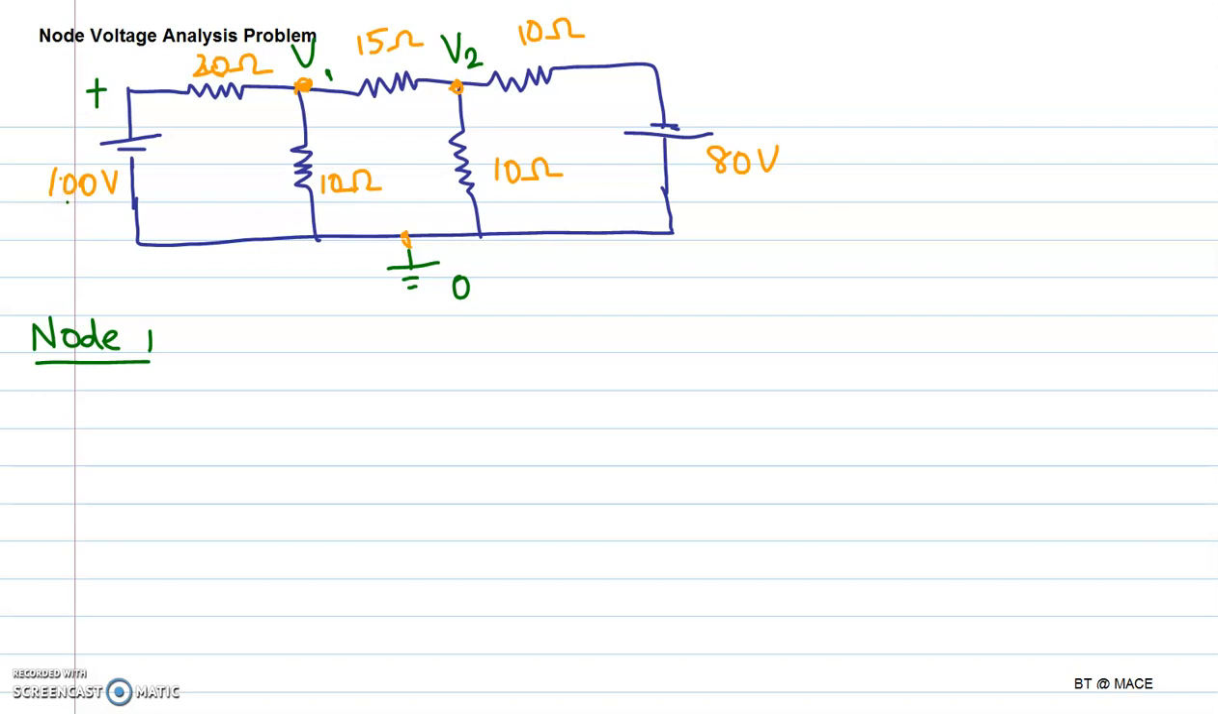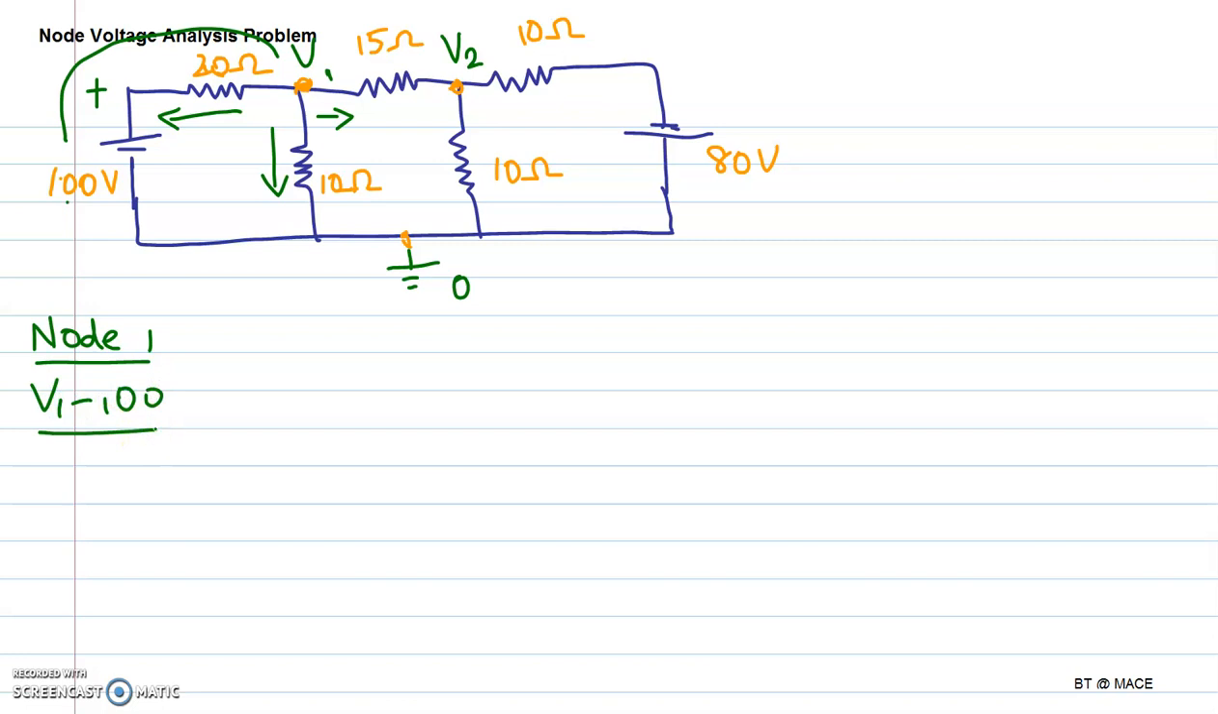When I am writing the KCL equation for node 1, that is the node voltage equation for node 1, I am assuming that all the currents are leaving node 1, because V1 is greater than any other node voltage. So the current can only flow like this. I am assuming that. So it is V1 minus 100